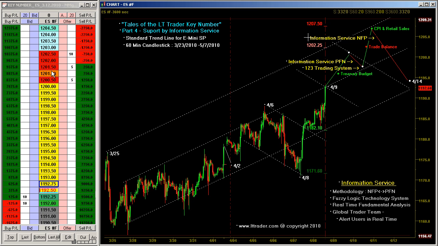We've got a lot of information here, so let's do a brief recap. You can see how LT Trader's information can affect a trade. It can affect the entry and exit decisions in real time, how the news factor to price and price factor to news can change or support your trading decisions, how the real-time fundamental analysis combined with the 1-2-3 trading system can provide a higher level of probability, minimize drawdowns with no lag time data, all supported by 24/7, the global